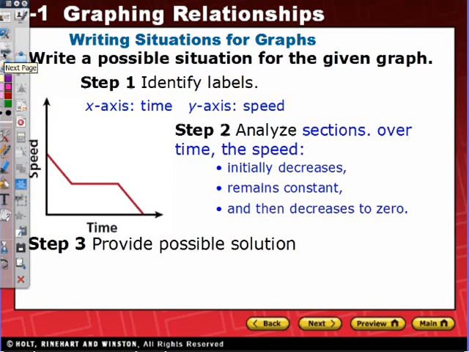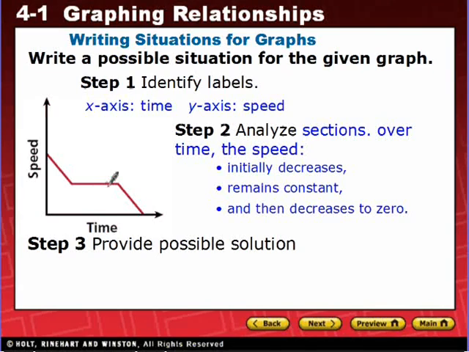Okay. Writing a situation, this is one other thing you're going to do. Just a couple sentences that tell what's going on. So on this graph, we have time versus speed. So we should be talking about somebody running or biking or driving. And we can see that the first thing that happens is the person slows down, then they go constant, and then they come to a complete stop. So maybe your story is something like